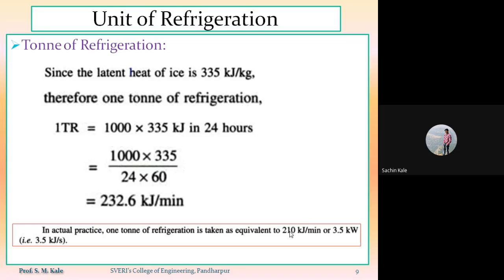Why are we taking that 1 TR value as equal to 210 kilojoule per minute? What is the reason? Actually we are getting that value as 232.6 kilojoule per minute, but the equivalent value we consider is 210 kilojoule per minute. Can anybody tell me the reason? I have already told you the reason. What is the reason? Sir, in the Western countries 1 ton is equal to